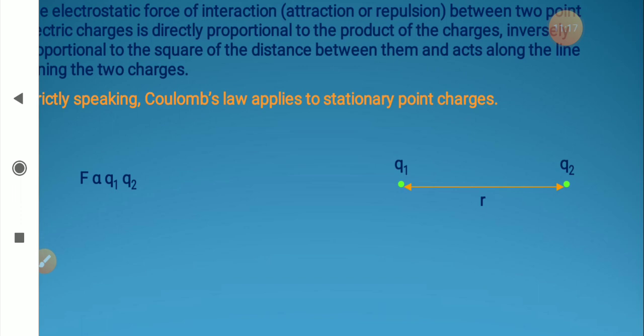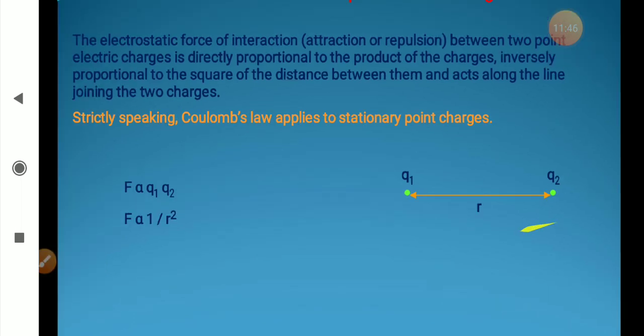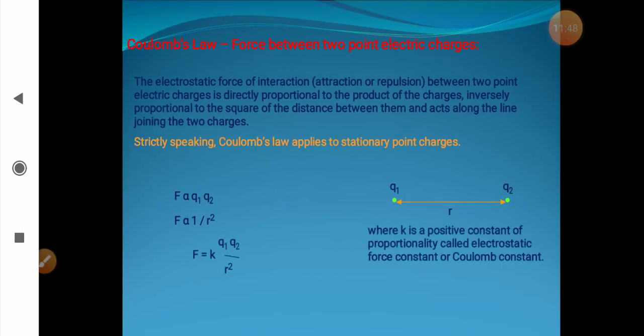Now the force between them is directly proportional to the product of the charges. So larger are the charges, greater will be the force acting between them. Also, the force is inversely proportional to square of the distance between the two charges. So it follows inverse square law, and combining these two together, we get this relation